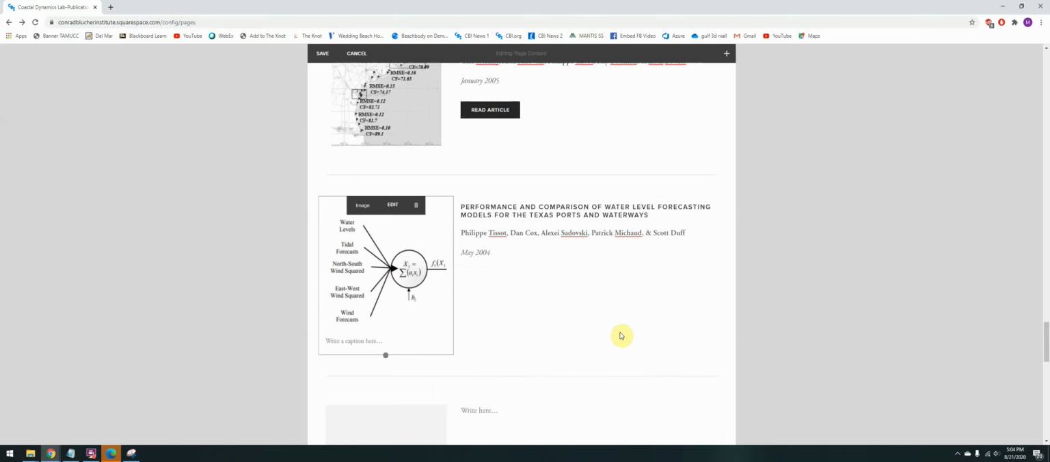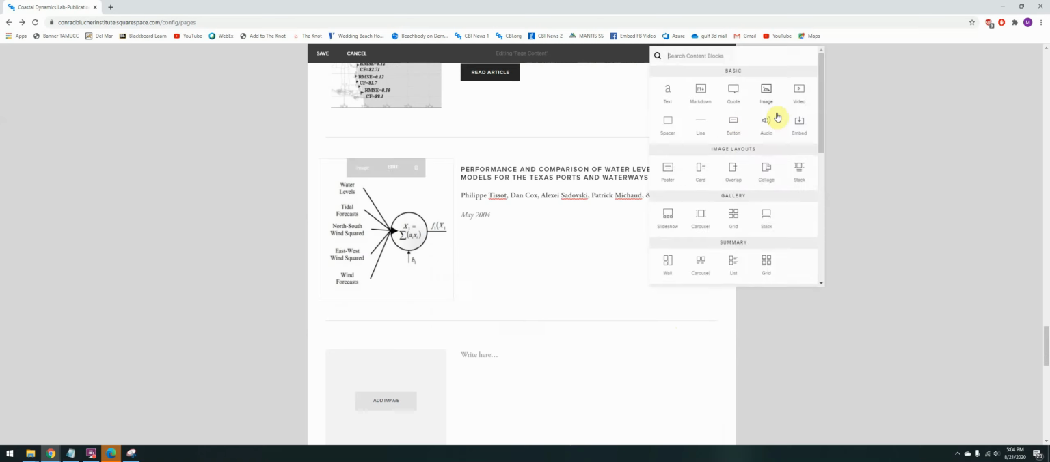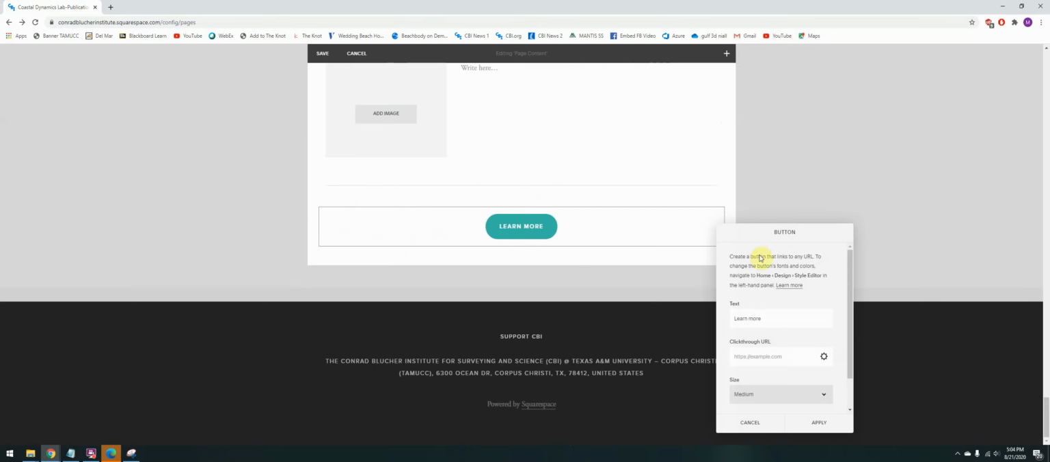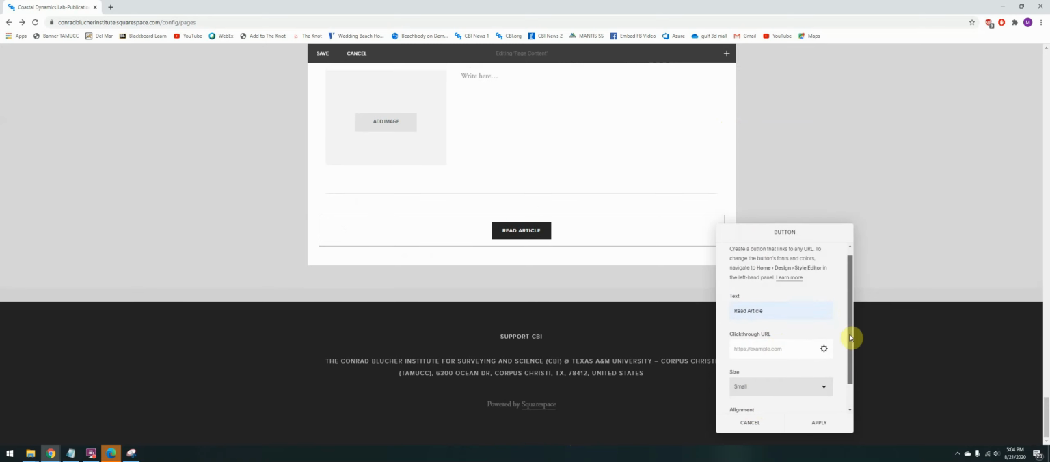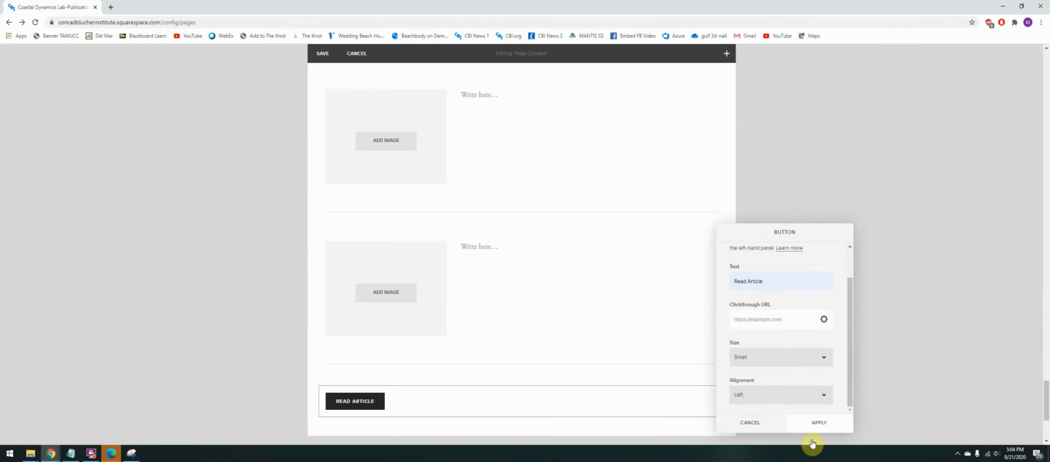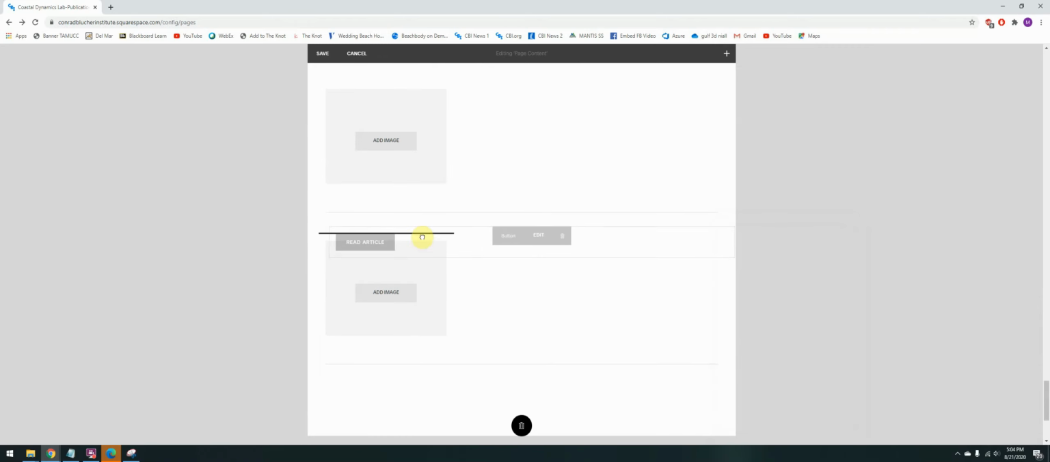Okay, so the last thing that I want to do is I want to add a button. So the default, they'll have learn more. I've been doing read article. So read article, then instead of the medium size, I want to do the small size. And then instead of alignment center, I want alignment left. And I'll click apply, and then I drag this up